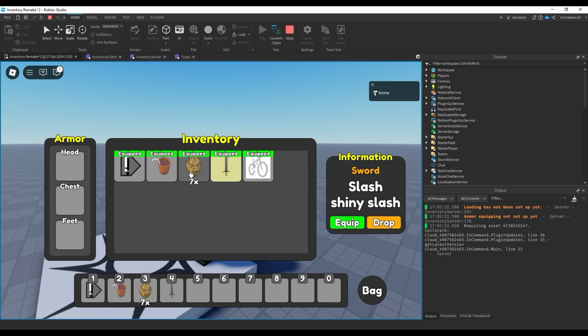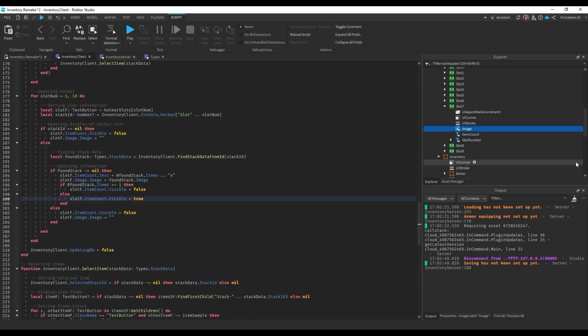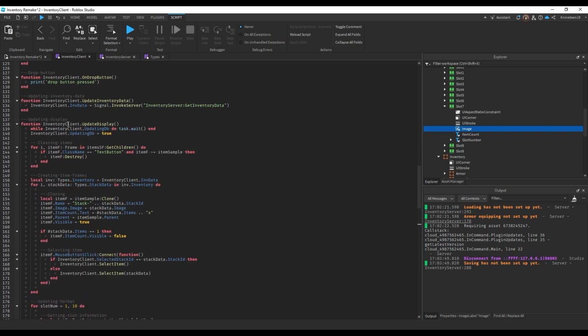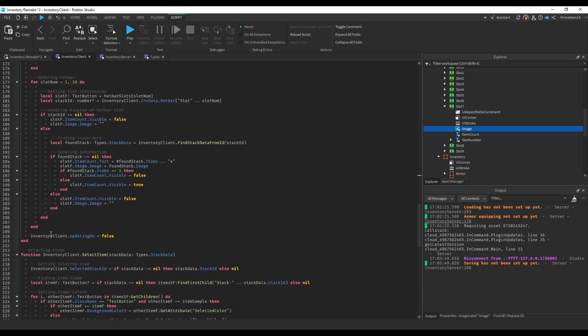So when an item is selected, the item was still selected, because you notice if I press it again, it deselected it, even though it didn't have the selected color. And so it's kind of an issue, right? So we're going to do a little thing to fix that. At the very end of the update display function, we're going to add a new section,